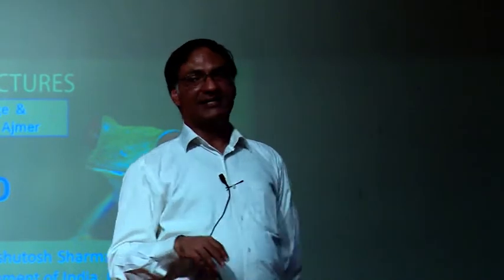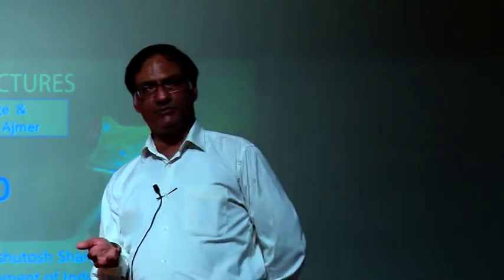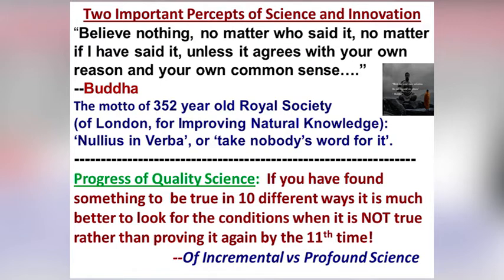The same principle, in fact, is enshrined in the motto of the Royal Society. So the Royal Society is a premium society, guardian of modern science, and so they say, I don't know how it is pronounced in Latin or Greek, Nullius in verba, which means take nobody's word for it. Right? Of course, everything looks more attractive if you write it in Latin or Greek, because people don't understand what it means anyways. But this is a fundamental principle of science. If we believe whatever people are telling us, which is good if you want to do a routine application, but if you want to do something new in science, that will never happen if you believe people.